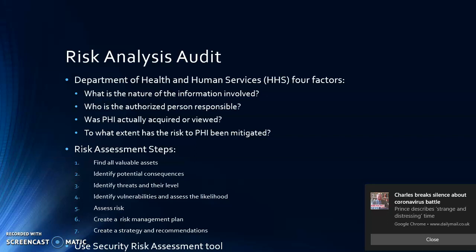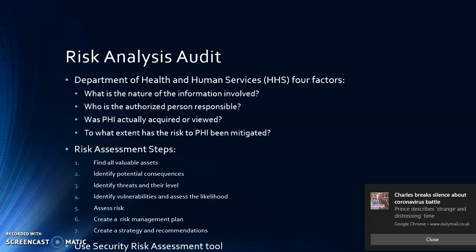Now I'll go through each of the steps. First step would be looking at the valuable assets, which includes what electronic devices you are using for the ePHI, and those devices have to be examined to see if they are up to par for the security measures. Second, identify potential consequences, which basically means to gather all the information that you would be looking at to see